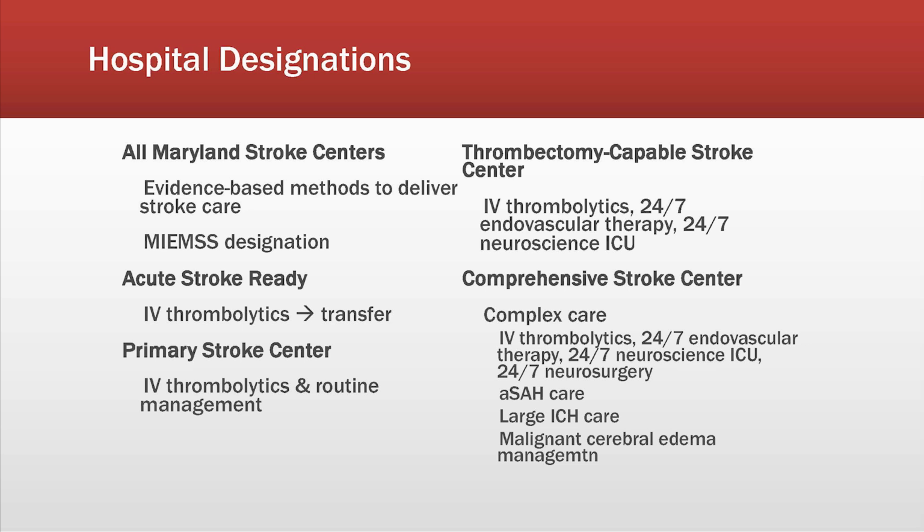Just briefly, as we talk about that stroke chain of survival and the importance of EMS taking patients to the proper locations, we did want to take a moment to discuss hospital designations. Within the state of Maryland, there are currently 4 stroke center levels available for certification. All of these stroke centers have made a commitment to provide evidence-based stroke care to their stroke and TIA patient